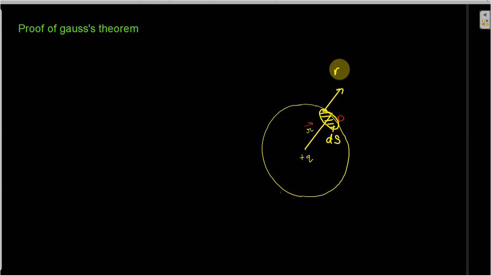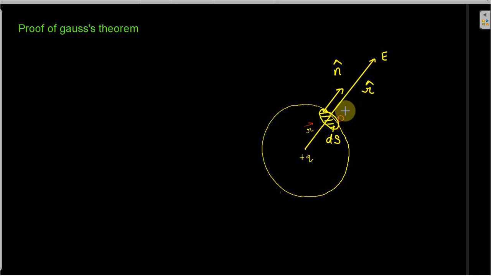And we will represent it with the unit vector. So this is the area vector of the ds surface. And now we have to represent the electric field line. So we know for a positive Q charge, electric field lines are outward. So we will draw the electric field line here toward the outward side. So E is the electric field toward the outward side. And let R cap represent the direction of the electric field. R cap is a unit vector.